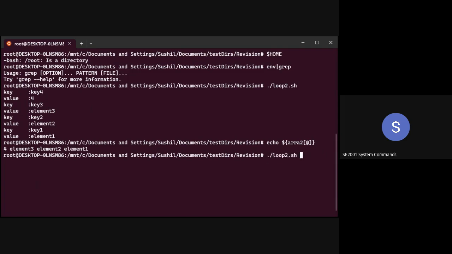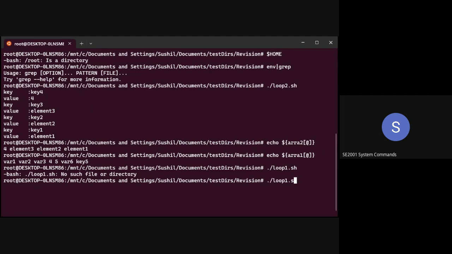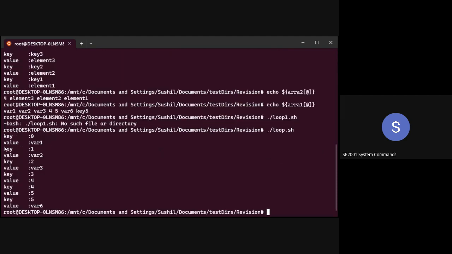While if you look at array 1, which is your indexed array, we see that the order is reversed. In this case, it will always access from the first key; here the order matters, what the number is. So if I put a key here,